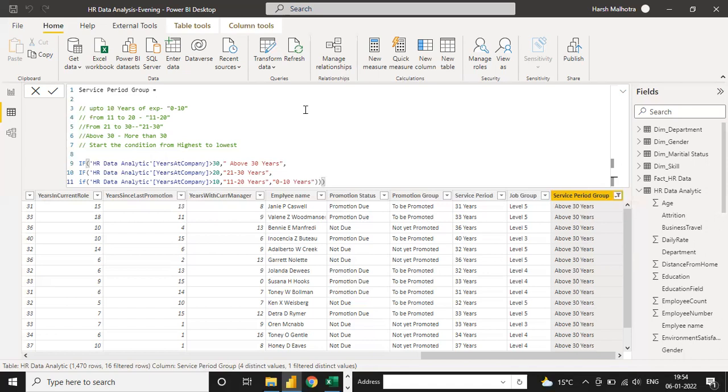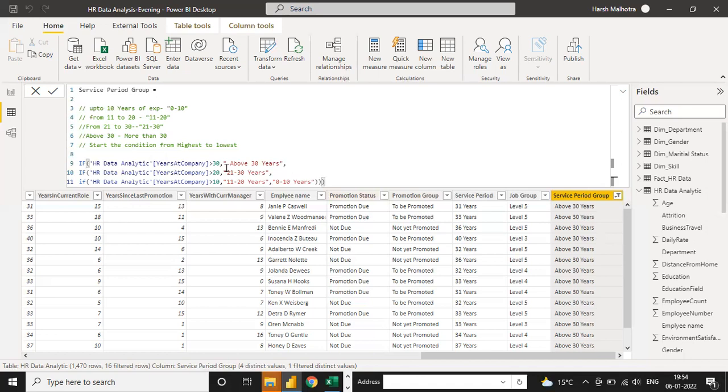Any doubt? Anyone? You can ask me now, because this if condition is very important. You have to write it in almost every project, everywhere you have to work with if conditions. But you have to just write the condition in your mind and then start from highest to lowest. That's it. If you start from highest to lowest, it will automatically work. But if you start from lowest to highest, it will not work correctly. It will give some error. It will give you an answer, but it will not be a correct answer.